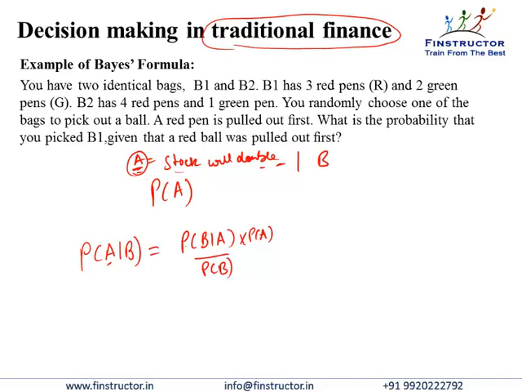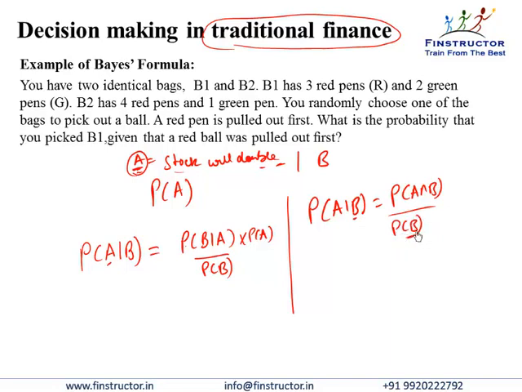Just to refresh the concept of the Bayes theorem, do we all remember the formula for the conditional probability? Conditional probability told us that probability of A given B is nothing but probability of A intersection B divided by the probability of B. That is, if B has already happened, then what is the probability of A? If B is already given, then the sample space now becomes B, because possible outcomes are only B. And how many times A also happens when B has happened will determine the probability of A given B. That is the probability of A intersection B upon